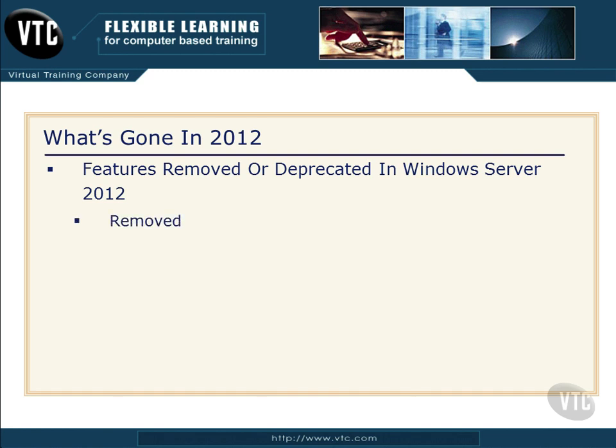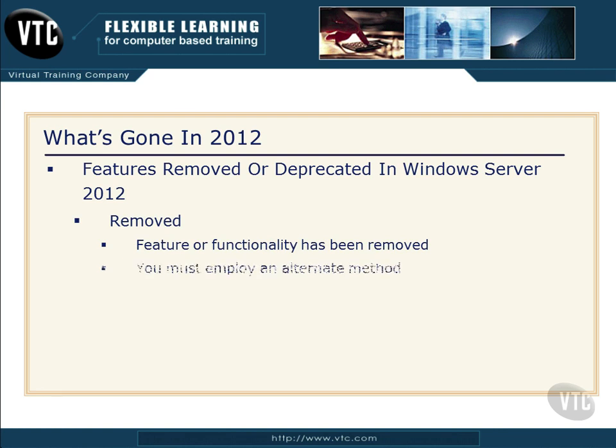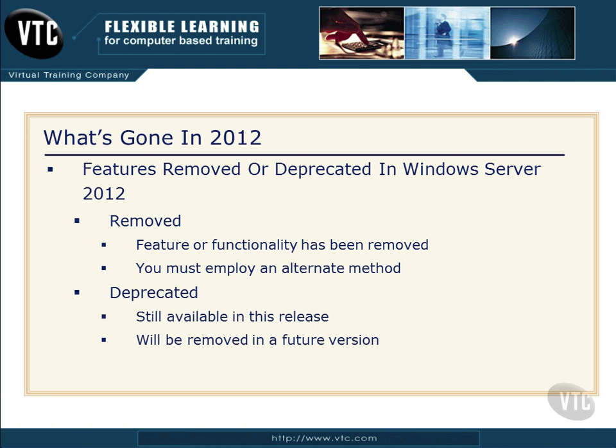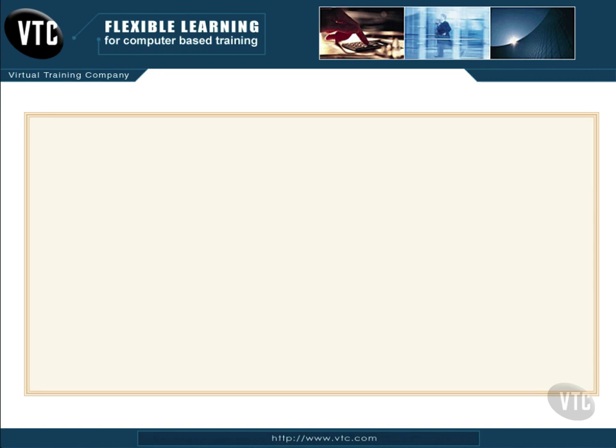When Microsoft says a feature has been removed, that means in English that it has been removed. It's no longer functioning, and if you want the same functionality for whatever it was you were trying to do, you'll have to employ some alternate method. Now, when they say deprecated, that means that it's still available in this release. It's kind of a friendly reminder, a little warning: hey, this is going to go away at some point in the future, so you need to start now planning for how you're going to work around this when